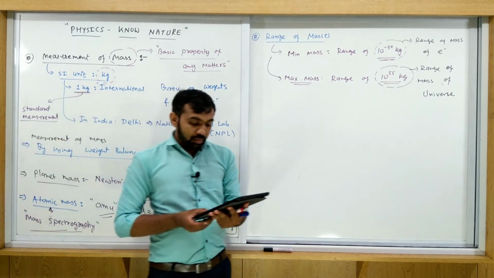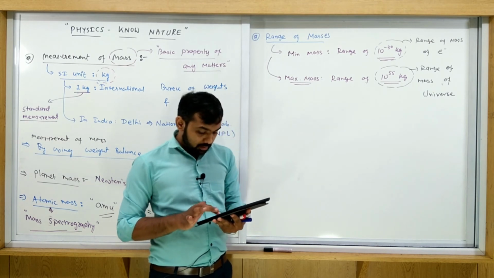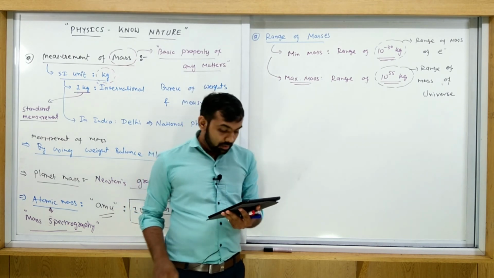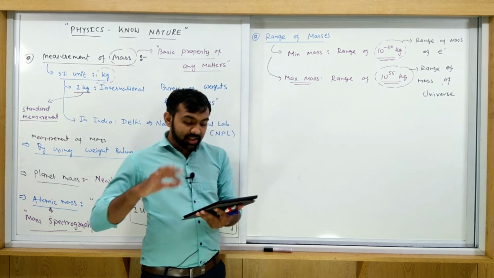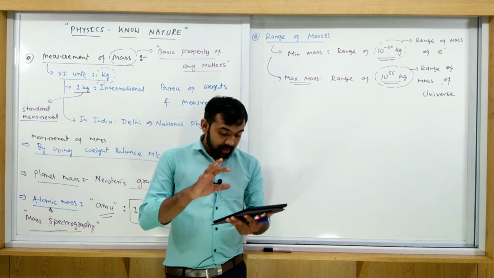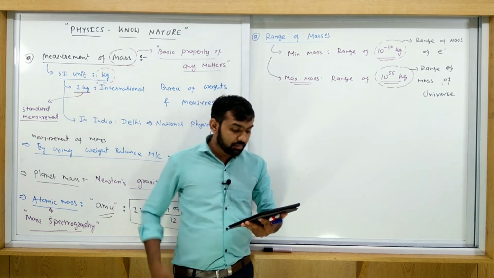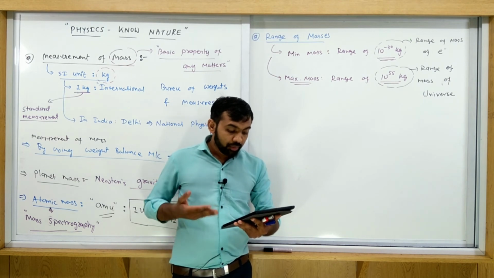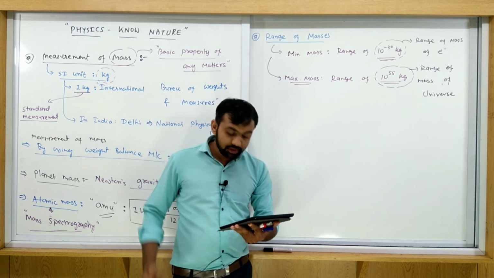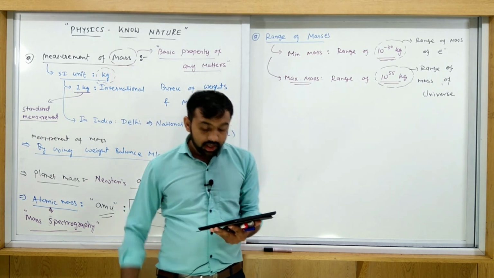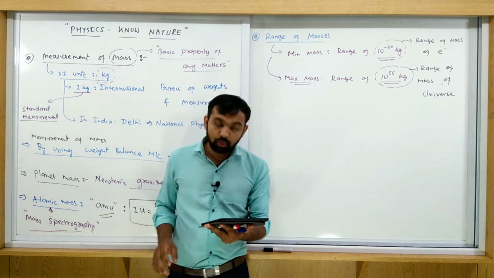All of you see page number 22, Table number 2.4. See, electron mass is in the range of 10 raised to minus 30, and the observable universe is in the range of 10 raised to 55. A number of masses are given: proton, atom, cell, dust particle, raindrop, mosquito, and so on. All the different masses are given. So this is the range of mass, and you can see Table 2.4 for reference.